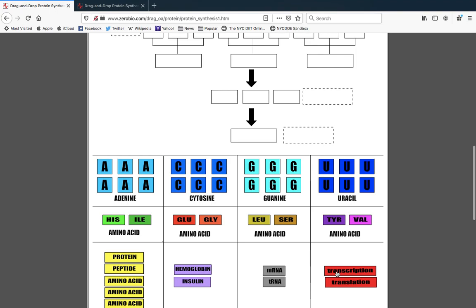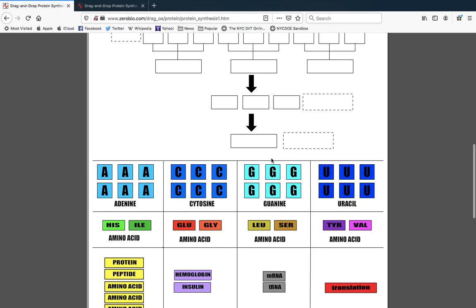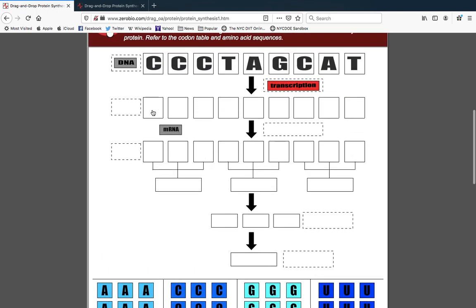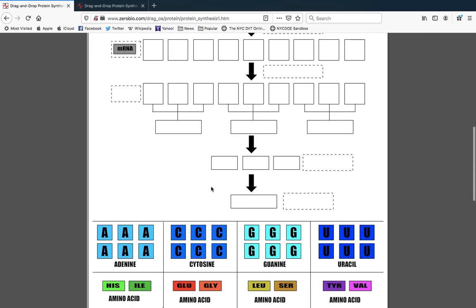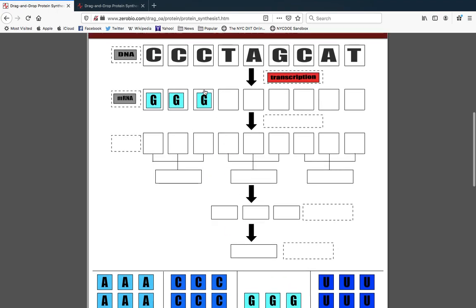Now, the first step, known as transcription, is when we turn DNA into an mRNA sequence. So I believe that the second strand is going to be mRNA. So let's go through these codons. The first codon of DNA is CCC, meaning that the codon of mRNA is going to be the opposite. So it's going to be G, G, and G. The second codon of DNA is TAG, which means that the codon of mRNA is going to